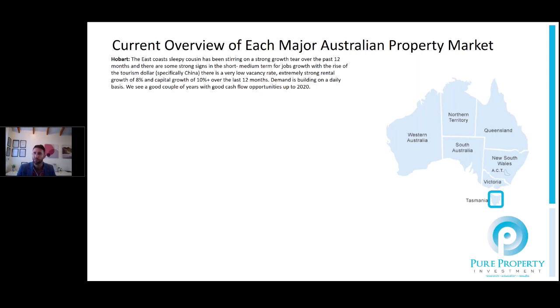I'd be very selective, however, because Hobart is a fluctuating market, and you really need to make sure that you've got some good, clear ideas of what makes sense and what doesn't, and know that market in detail, because the owner-occupier versus rental demand in certain suburbs is not necessarily as clear-cut as in a lot of the other major cities. Having some good in-depth local knowledge is key with Hobart to be able to get it right, in my opinion. So I'm happy with it, but proceed with caution at this point in time, because there are certain markets with better numbers and better vacancy rates than others.